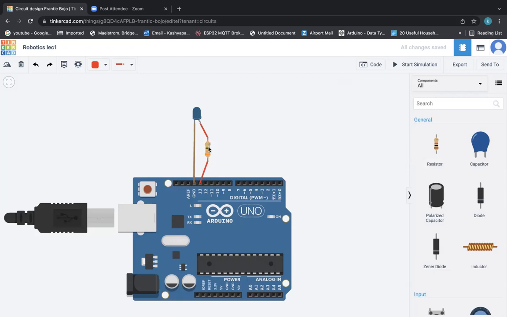So for now, I want you to change it to 330 and just ohms. Okay, right. And now we're gonna code. So now all the connection is done. Have you all connected up to this point and changed the resistor value?